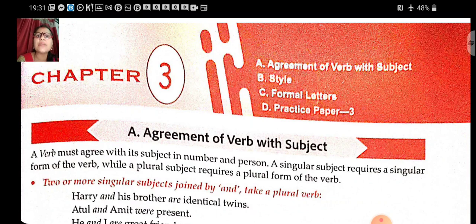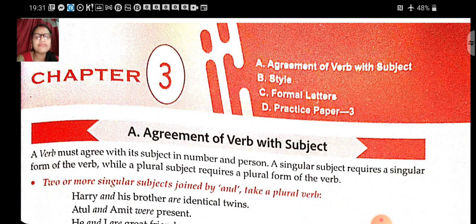So we are starting your chapter number 3. It's all about agreement between the subject and verb. You're already aware of why and how verb and subject will work, but I'll just read out all the steps one by one, because I have given you the homework that you just have to read it out, and now I'm explaining it to you. Hope all together this is how your doubts will be clear.